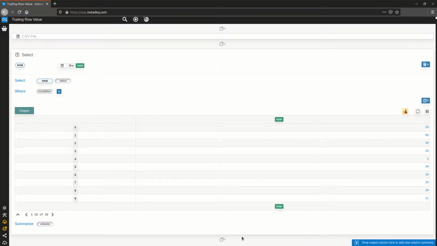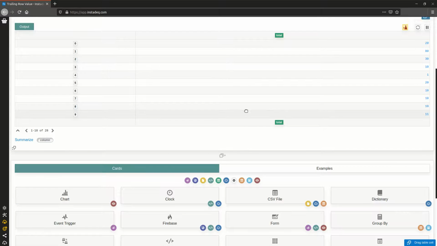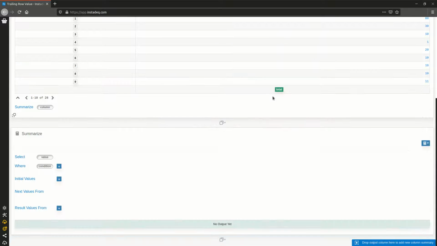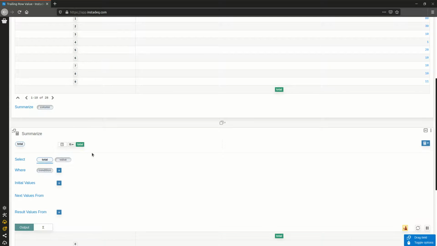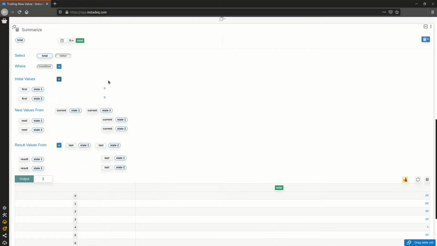For this we are going to use the summarize card, which is also the most advanced card we have right now. I'm going to create it and drag the total to the query. Now I have the total, and of course in the output I have the total. We are going to need two values, and the first one is